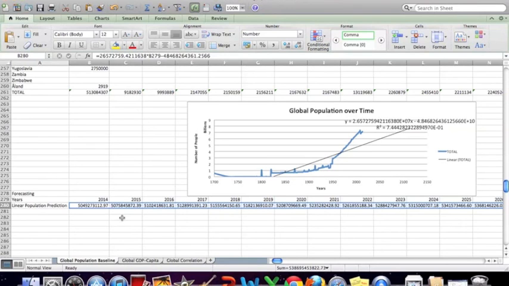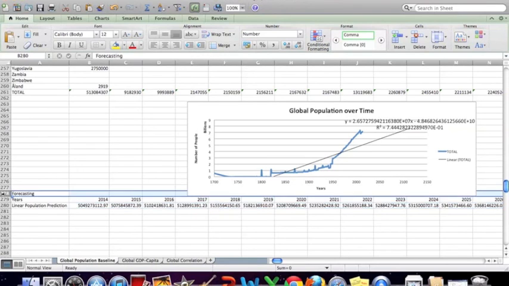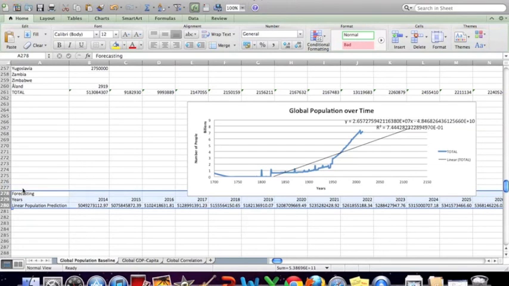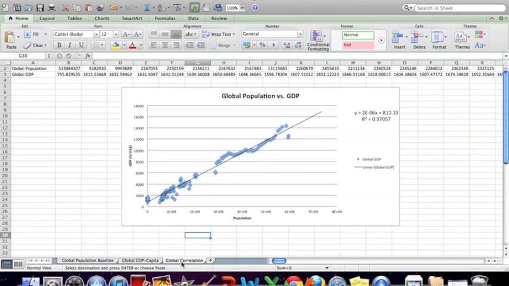Next thing we want to do is just select these 3 rows and copy them. And go to the global correlation sheet. So this is where you can